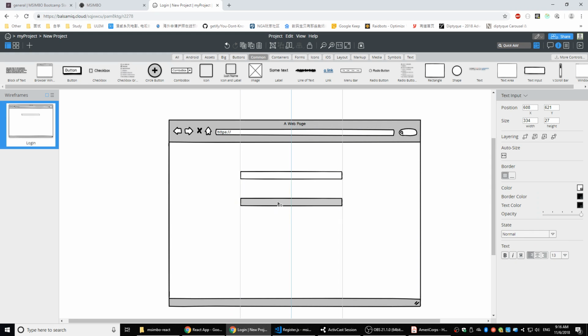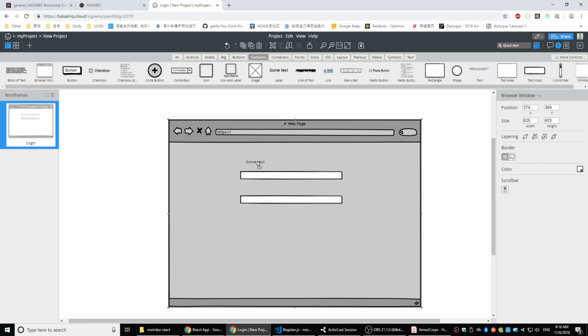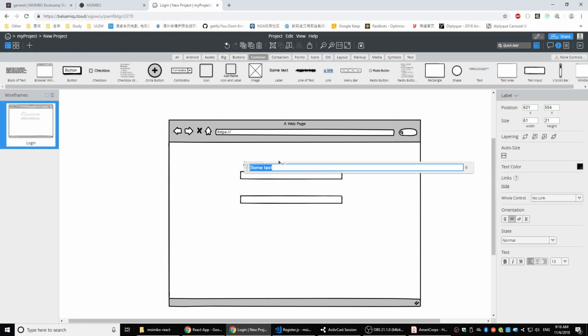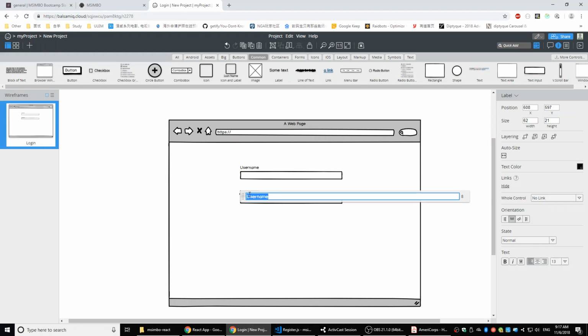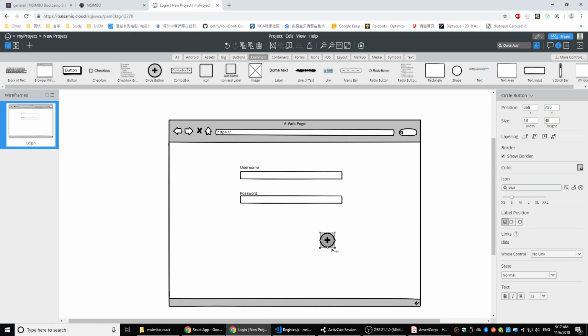Put the one for the register, and we're going to have labels here, right? Some text. This is going to be for login, username, something like that. Just think about how you want to design it. And copy that. I may have one for the password. It's really fun and it's really important. Like without design, if you just directly start doing your